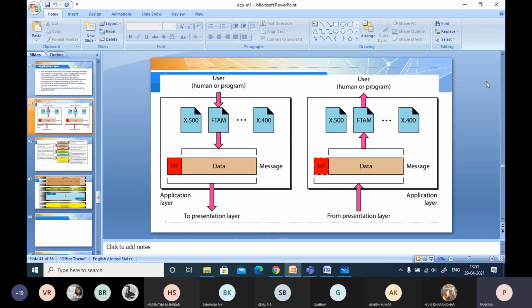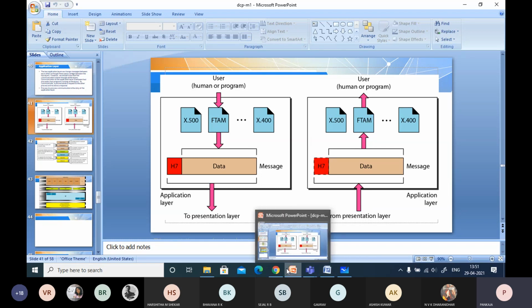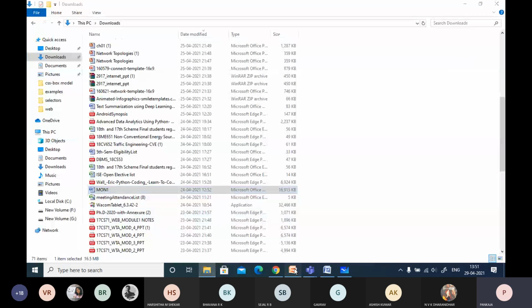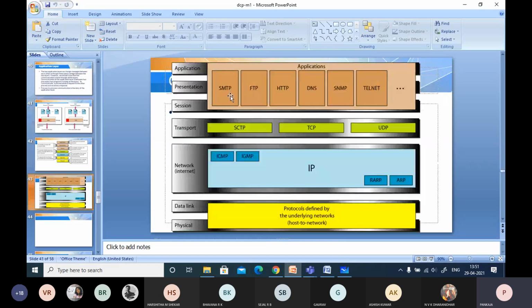Okay. So what are the algorithms? I mean, the protocols available at the application layer. Okay. So we have, I think I am not listed here. There are so many protocols available at the application layer. You can just observe the commonly used protocols whenever you want to open any web